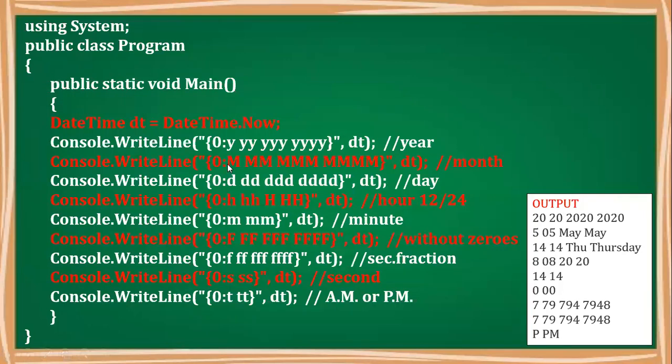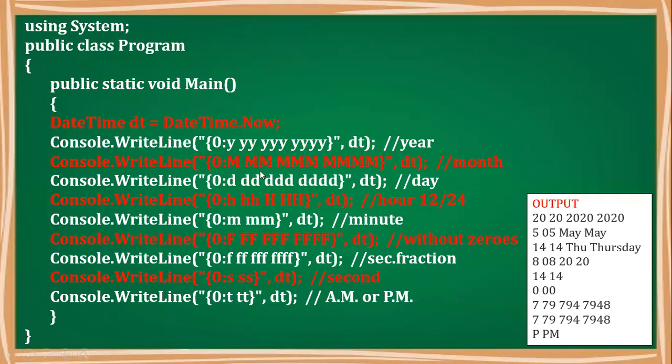What I did here was to explain the concept and the multiple appearances of this particular letter. What you first have to remember is why small case y is used, why M, why D, why capital F, why small case f. That you need to understand and remember. But I will tell you the formatting: if you are using that particular letter for formatting, how many times it appears decides the output. Again I am repeating: single y will give 2 digits, double y will give 2 digits, triple y will give 4 digits, and 4 times y will also give 4 digits. So this is how year formatting is done.